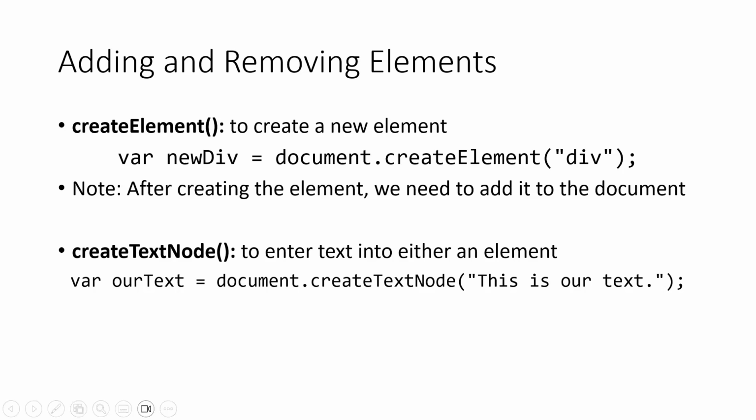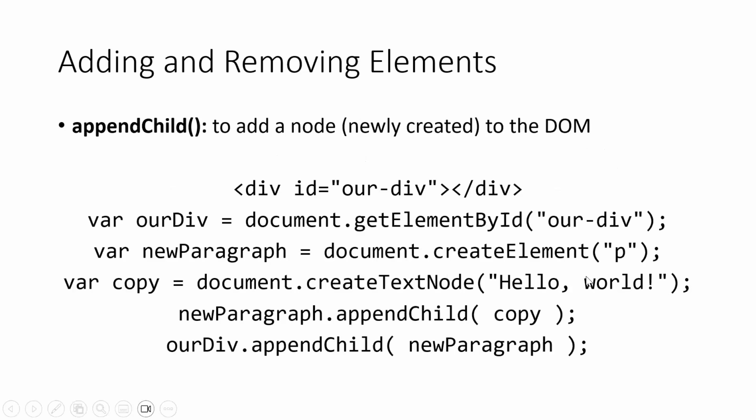After that, you need to add it to the document. The next one is createTextNode. You can enter text into an element, so we can use the createTextNode method to add the text. And you can use the appendChild method to add whatever node you have newly created